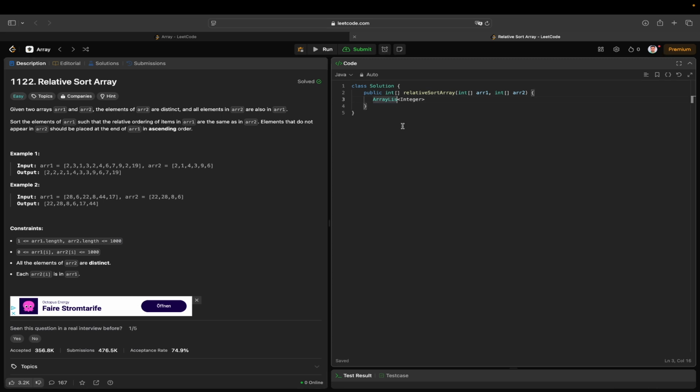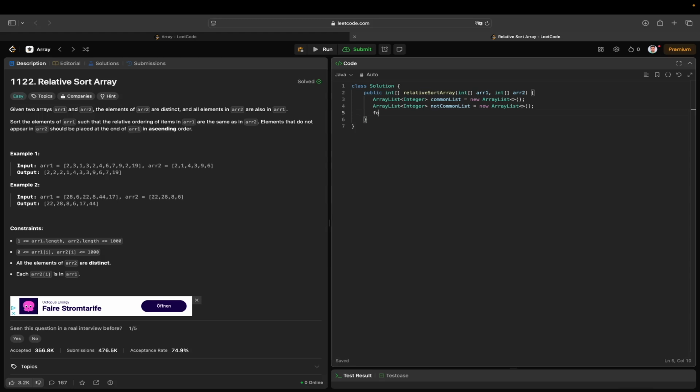So that's why I'll create two array lists. ArrayList of Integer, I can name it common list, and then create another array list, not common list,